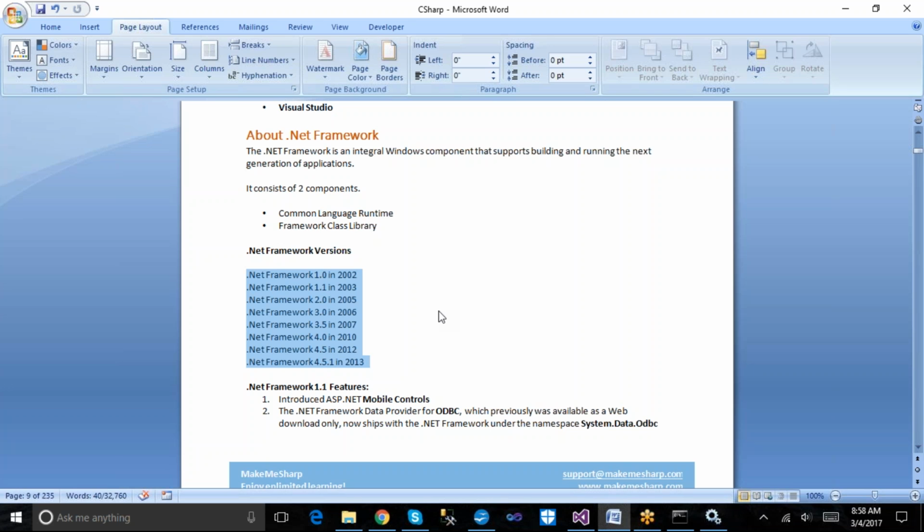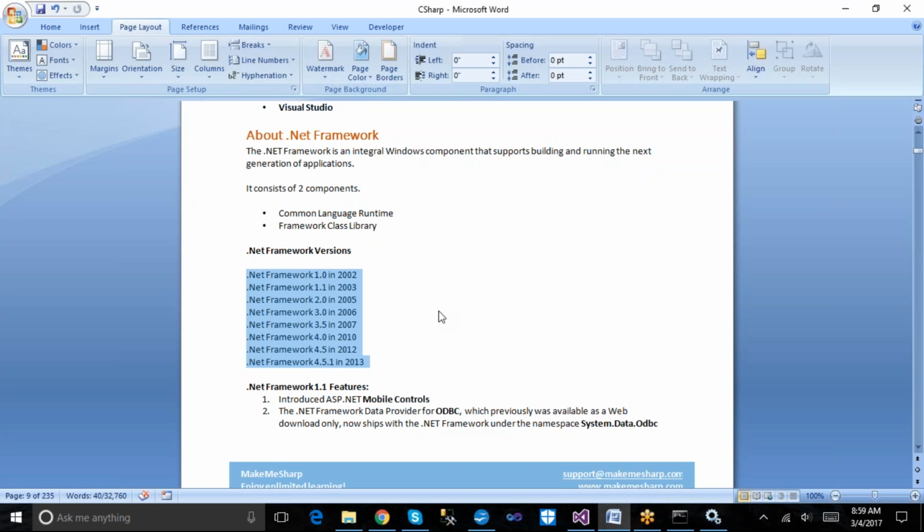Why we are talking about these versions is, for the first time when Microsoft introduced .NET, they came with features which help our development. Later, as generations move on and days pass, whatever existing things were introduced in .NET may not be up to date, or may not help our next generation of applications.